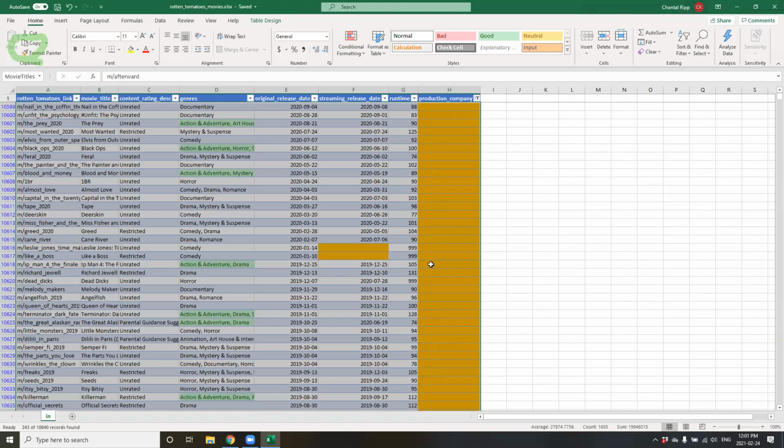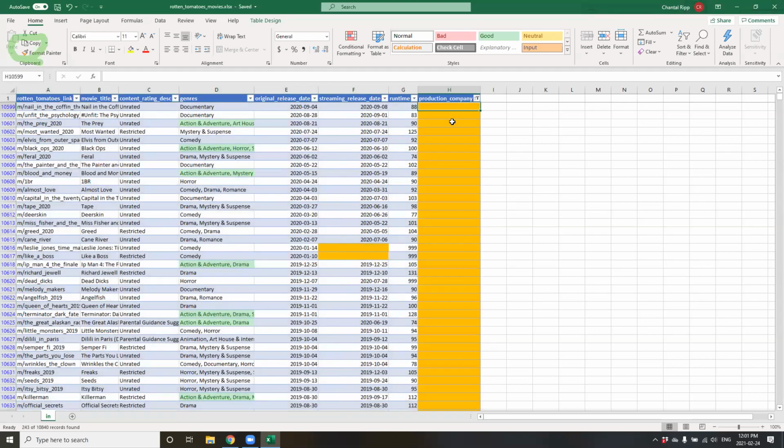So what you'd want to do is avoid blanks if possible, and use a common denoter, be that NA, not applicable. Some applications, when I used to work at Statistics Canada, use the number -999 to identify a blank. I wouldn't necessarily recommend that, especially if you're in a column that has numeric values like runtime. So for this instance, I am going to use an NA.